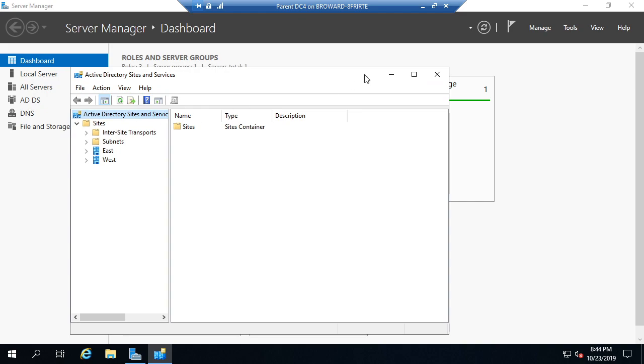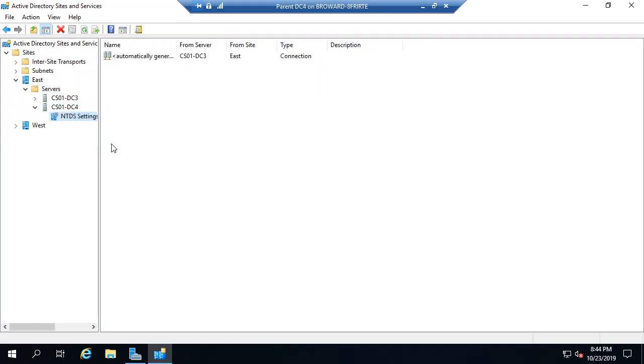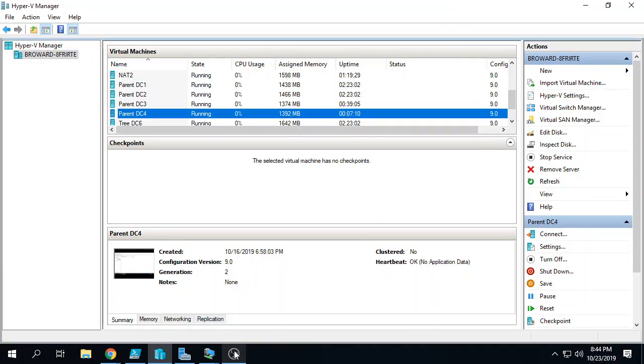Sites and services. If I go to east, I have 2 DCs. DC3 is a global catalog and a bridgehead server. DC4 is not. Who does DC4 replicate to? 3. Good. We don't want DC4 to replicate to anyone on the east side. Who does DC3 replicate to? 1 and 4. So it gets everything from the west side, gets sent over to DC3 from DC1, then DC3 replicates it to everyone on that side. Okay, I'm going to stop the video, upload this,